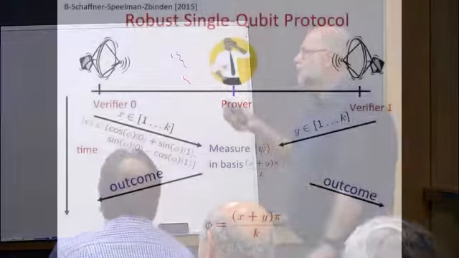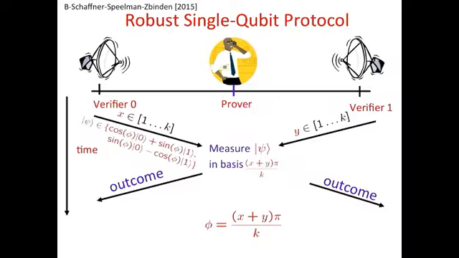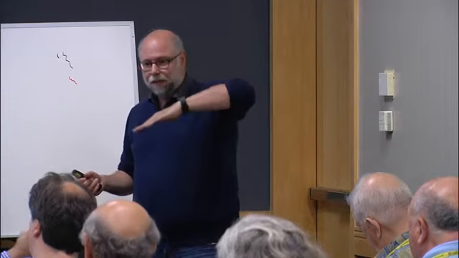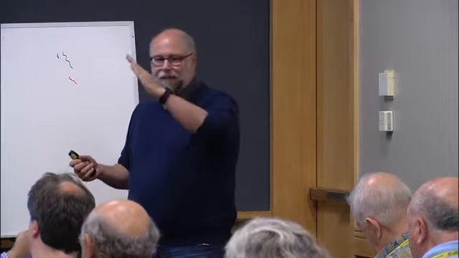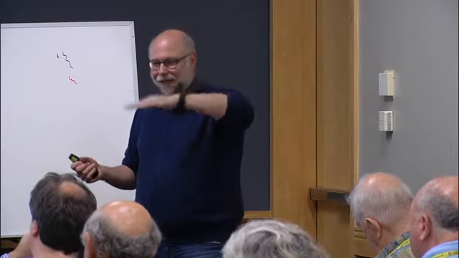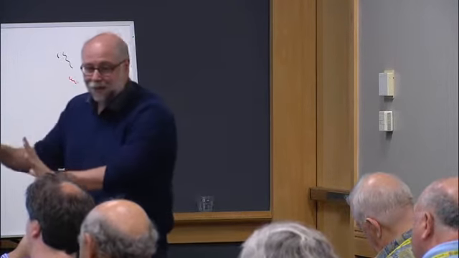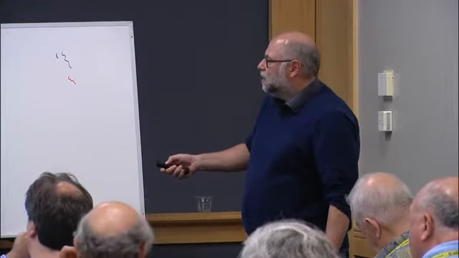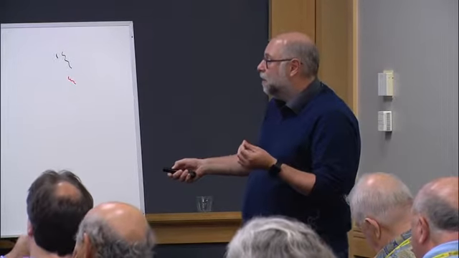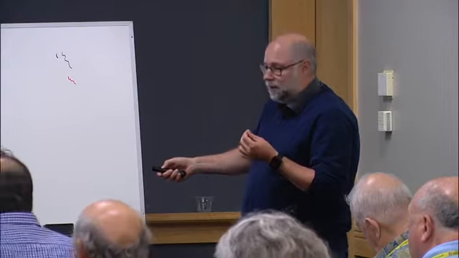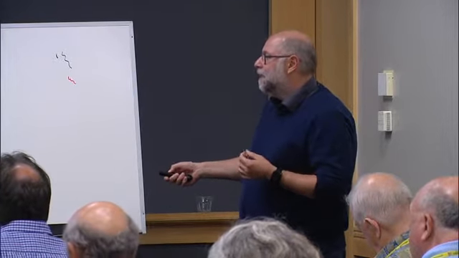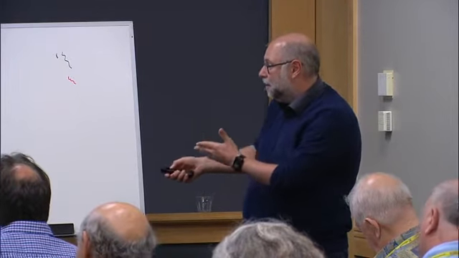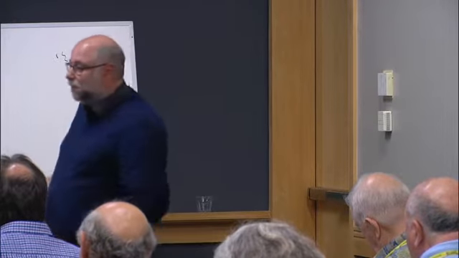So we changed our scheme a little bit more to, instead of having 1 basis, have a whole bunch of bases to code in. So instead of having your photon in 0 and 1 and this sort of in-between one, you have this almost continuous possibility of bases in which you can code your photon. And actually they can do this in the lab, so that was fine. And so more information now is needed. So both x and y together, say the sum of them modulo k, code which basis the qubit is coded in, and then once they receive that, they measure in that basis and produce the outcome. So this is a slightly more complicated scheme,